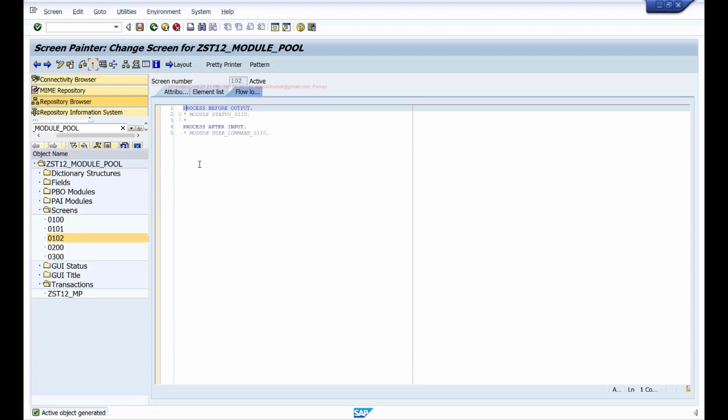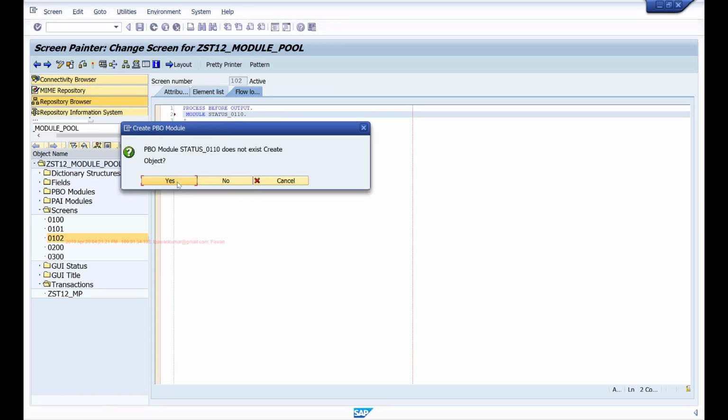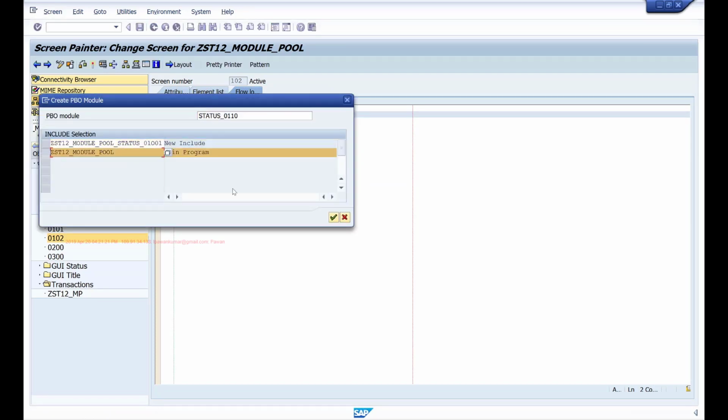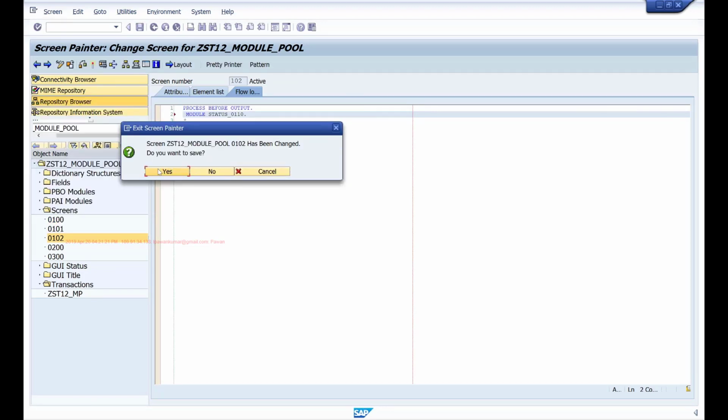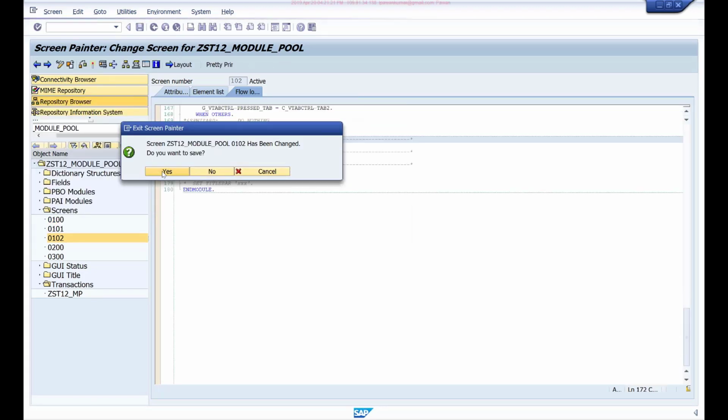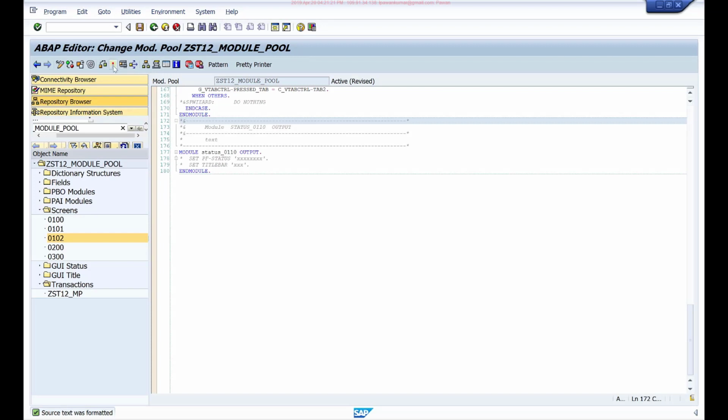Also, all the modules that you'll be calling from these screens should be maintained in your main program. So if you want to call one module here, you can do that in your main program. So you create this module within your main program. Okay.